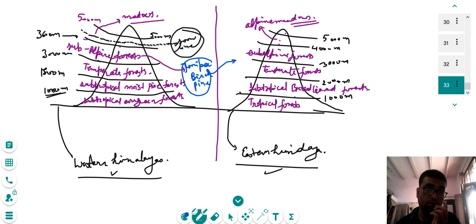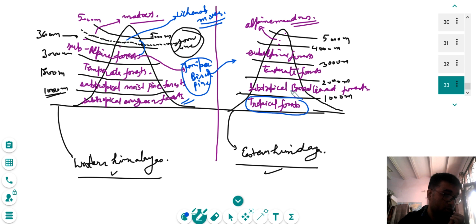But in case of the alpine meadows, you have the lichens and mosses combination. Right. So this is the difference between the subalpine and alpine forest, and they are both found in eastern as well as western Himalayas. The difference is just that in the western Himalayas, you start with the tropical evergreen forest, but in case of eastern Himalayas, you have the tropical forest, and these tropical forests in the eastern Himalayas are